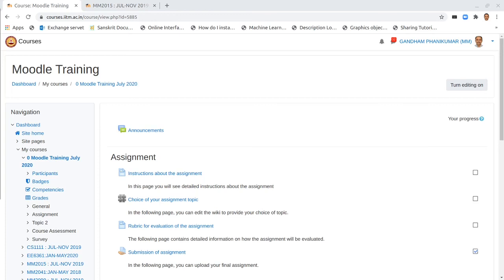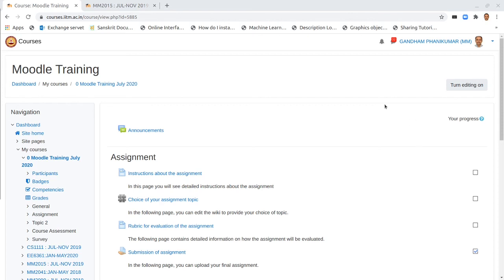So now I illustrate how to set anonymous feedback using Moodle. We assume that we are in the middle of the course and we want to take some feedback from the students, and we would like to make it anonymous so that students can give their opinions without any fear that they will be noted down and it may affect their grades later on. It's important for us to also show the students that we don't have information about who gave which feedback, so that they have trust in the process.